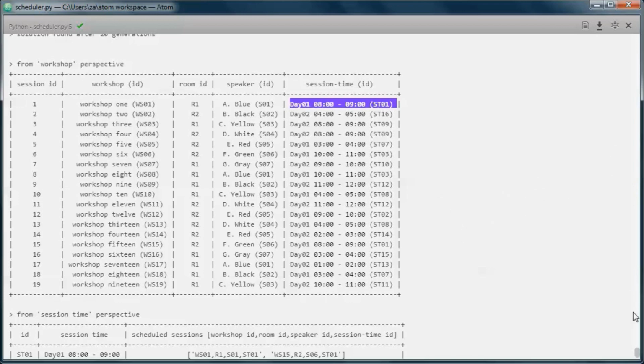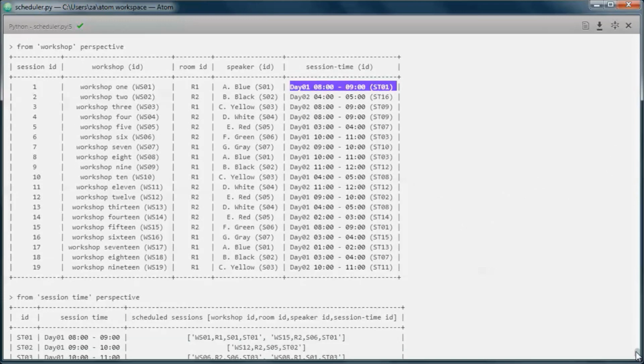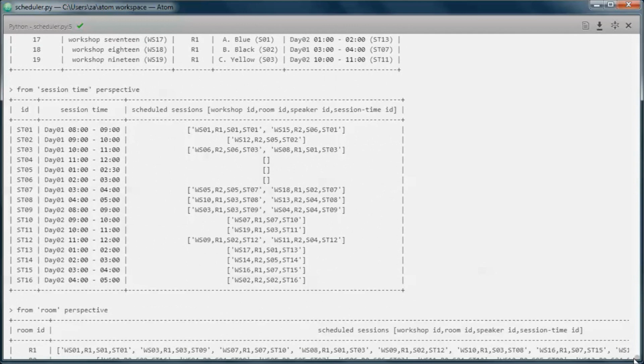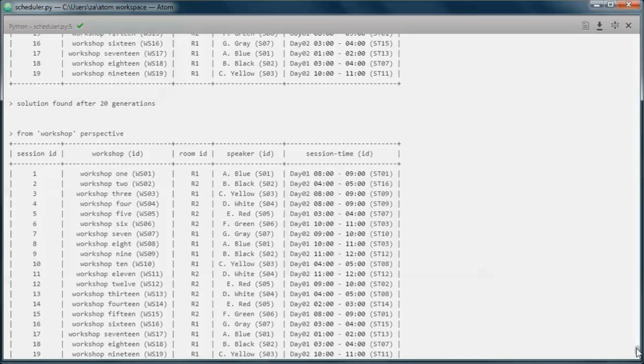And this is the solution from the session time perspective. So day 1 from 8 to 9, we have those 2 workshops, workshop 01 and 15 in room 1 and room 2, etc. And this is the solution from the room perspective.